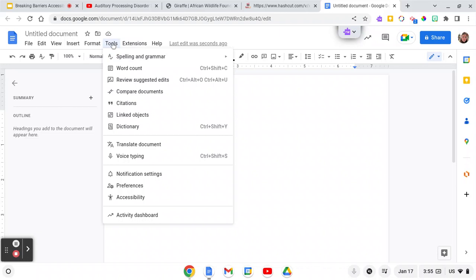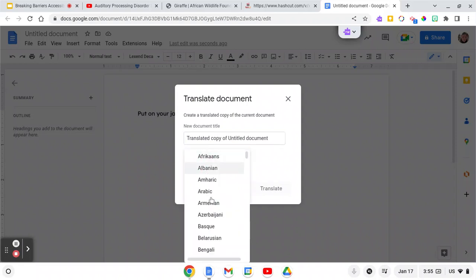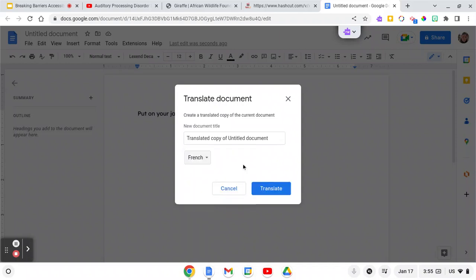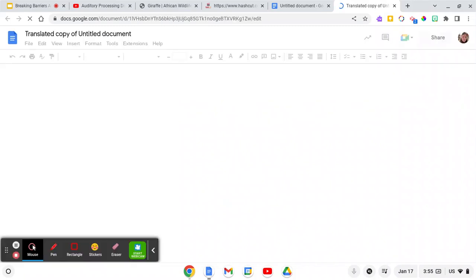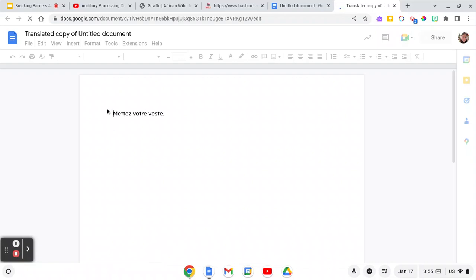What you're going to do is you're going to come down to tools, translate document. You can rename it. It's making a copy of your document, so your original is still there. Choose the language that you want. Maybe French. Translate. It's making the copy. Whatever you have typed here, it is now